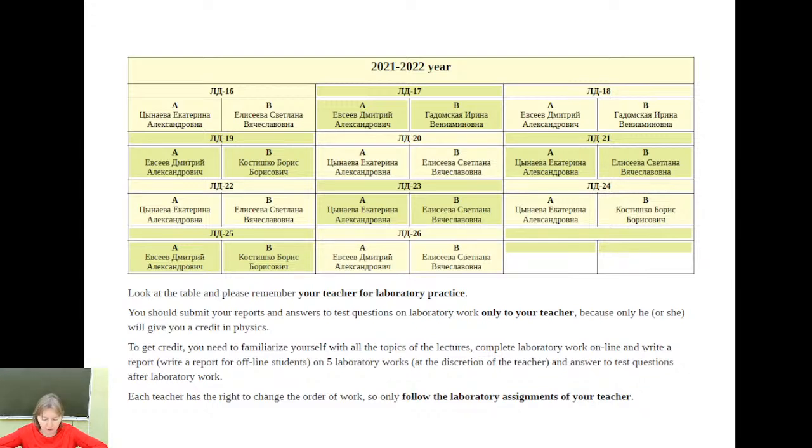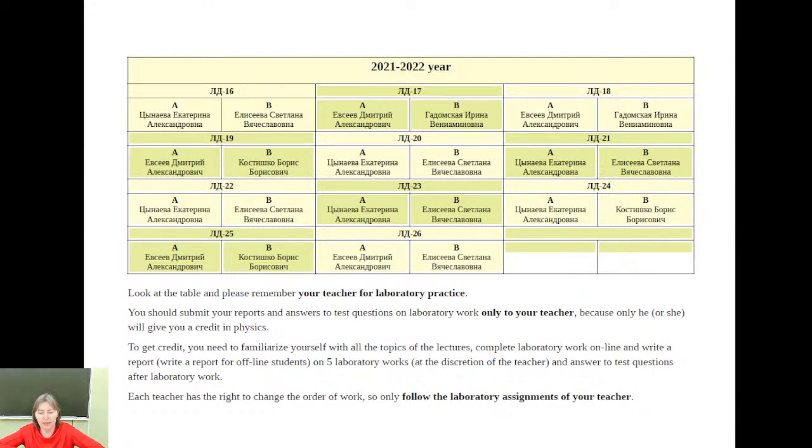Today we start a course in physics. My name is Eliseeva-Physics-14-02-2022. I'm your lecturer. The course consists of lectures and laboratory works. There will be 9 lectures in medical physics in total. And there will be 6 laboratory works